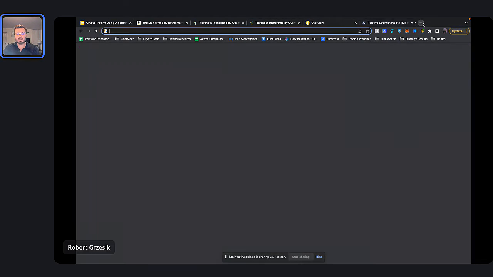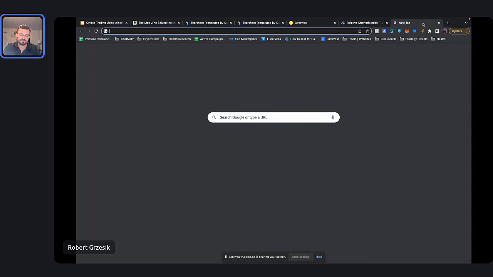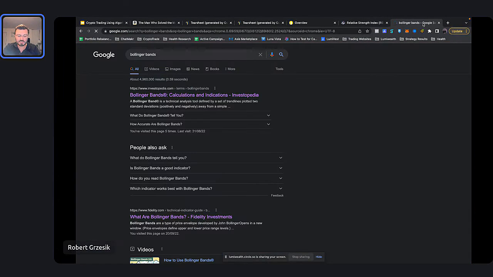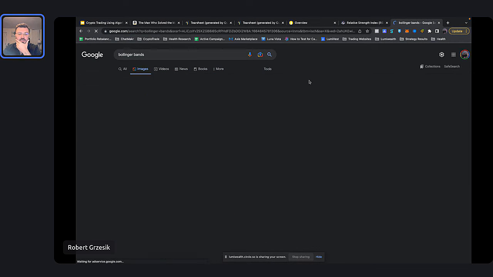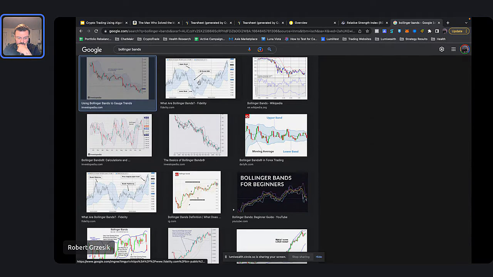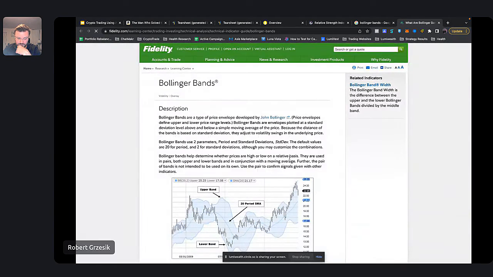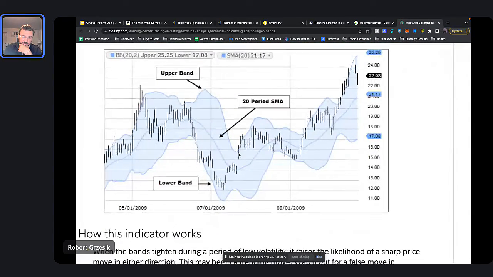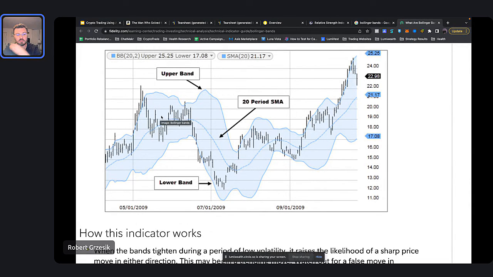The other one that we're using is called Bollinger Bands. And you probably have seen this before if you've been trading for a while. Let me get a picture of this. So Bollinger Bands look something like this. This is probably a better one. Right, so here we go. Here's a stock, right? Or it could be a stock, it could be a crypto, whatever, right?